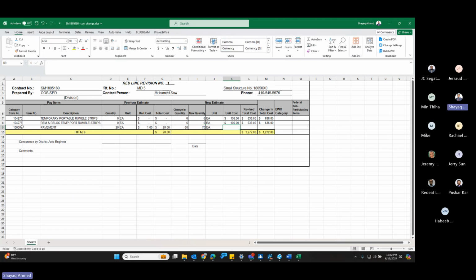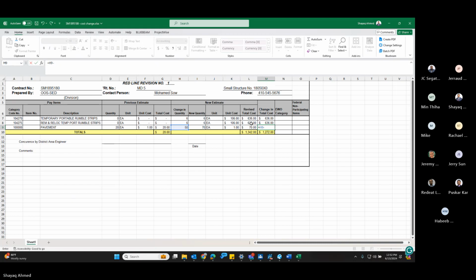And the same, for the unit cost, basically this unit cost has to be the bid price from the contractor. You cannot take your engineer's estimate cost. It has to be the bid price, because the contractor is going to go by his price. He's not going to go by the engineer's estimate. So you have to put the unit cost of $1, whatever the contractor paid. And the revised total cost is going to be this much, and the change in cost is going to be the total increase, which is 50